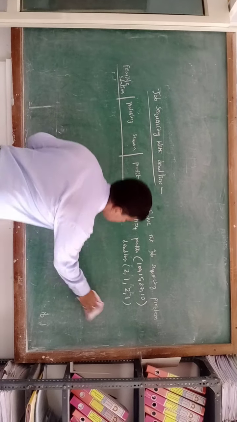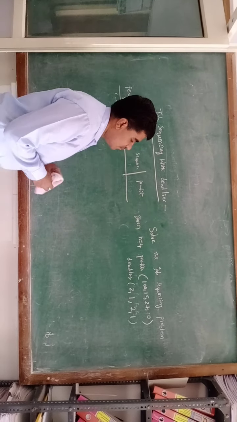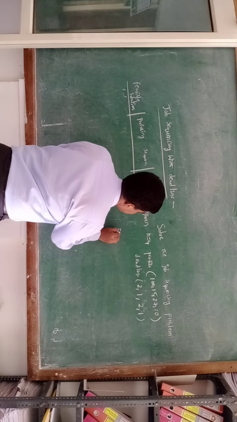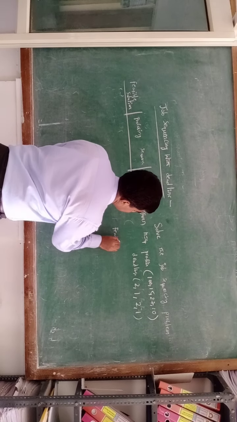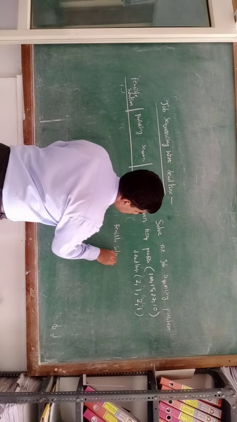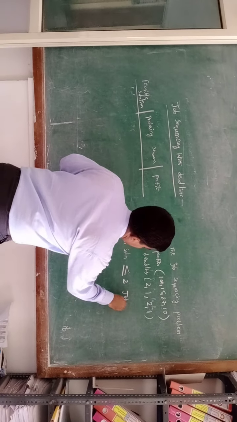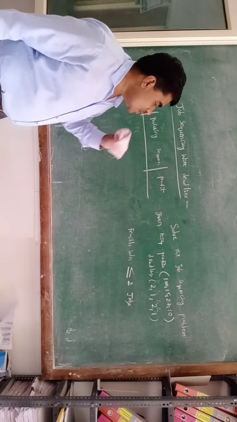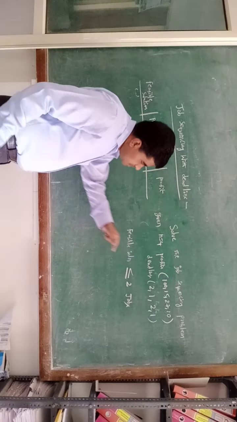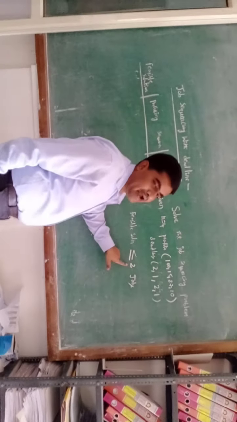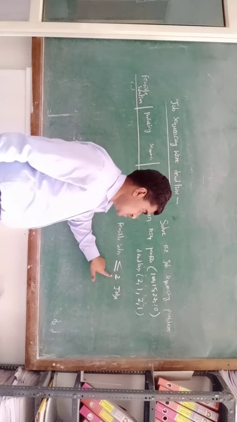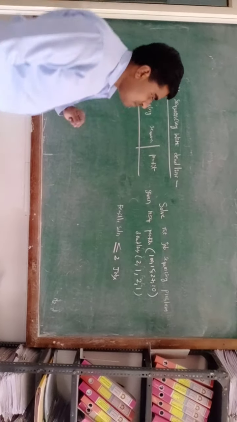See here, maximum deadline is 2. So the feasible solution consists of less than or equal to 2 jobs only. For processing each job, 1 unit of time is required. Maximum deadline is 2, so only maximum 2 jobs can be processed. So finally we have to get the maximum profit.